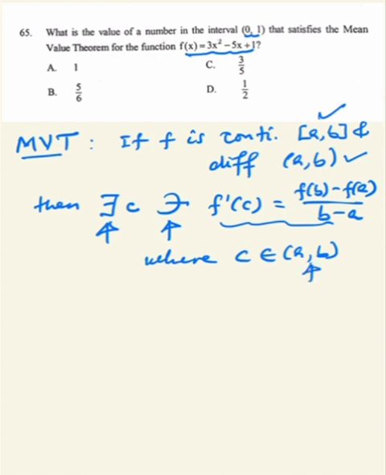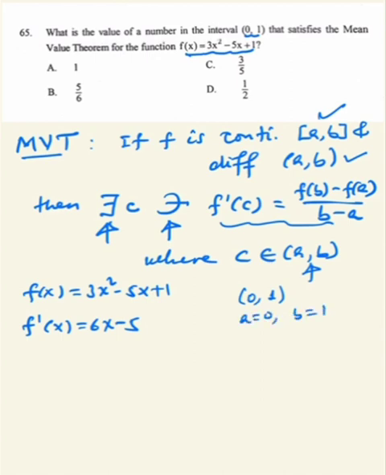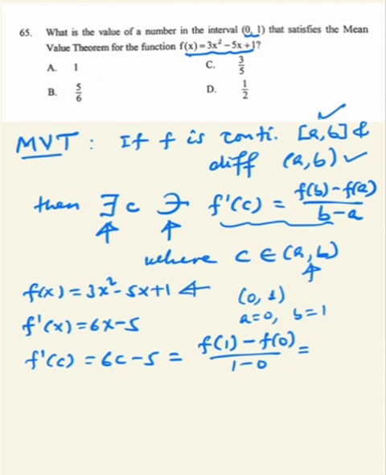so አሁን ፋንክሽናችን ምንድነው the function is f of x is equal to 3x squared minus 5x plus 1 የዚህ derivative ምንድነው the derivative of this function is 6x minus 5 ነው okay አሁን ኢንተርቫላችን 0,1 ነው ማለት a 0 ነው b 1 ነው ማለት ነው so f derivative at c ወይንም 6c minus 5 is the same as f of b which is 1 minus f of 0 over 1 minus 0 ይሆናል ማለት ነው ፋንክሽን ውስጥ እዚህ ፋንክሽን ውስጥ 1 ስናስገባ ሪዛልቱ minus 1 ነው የሚሆነው minus 0 ስታስገቡ ሪዛልቱ 1 ነው የሚሆነው over 1 minus 0 ይሆናል